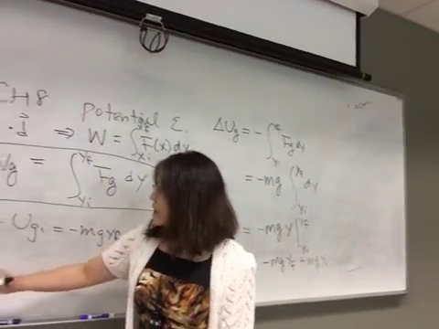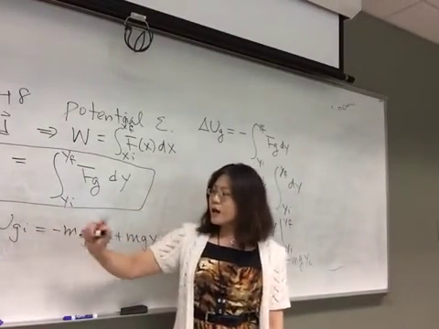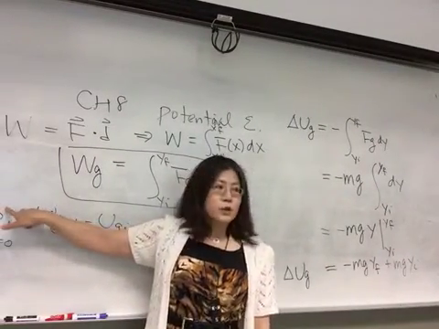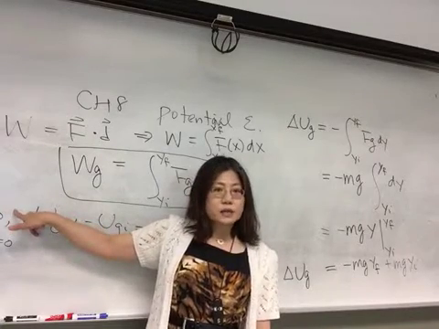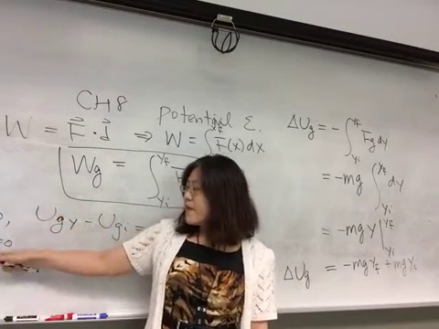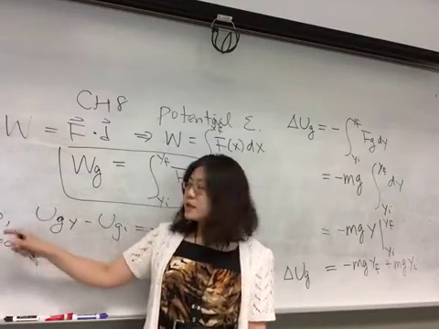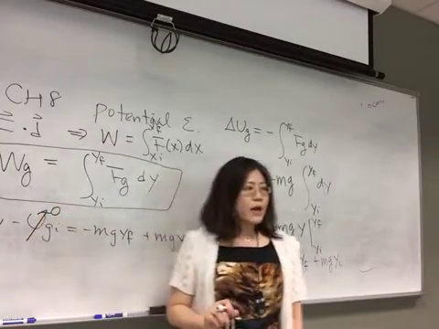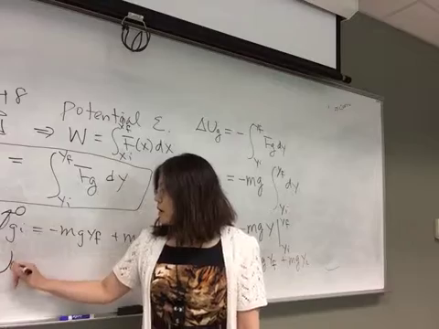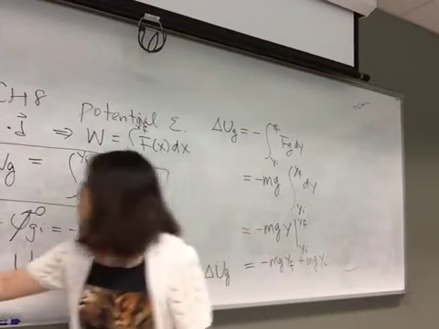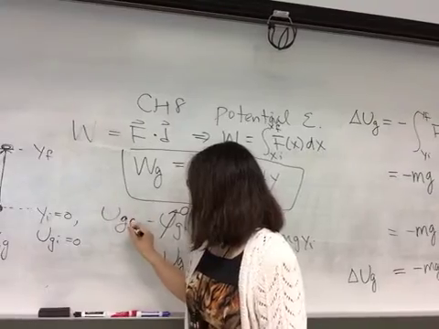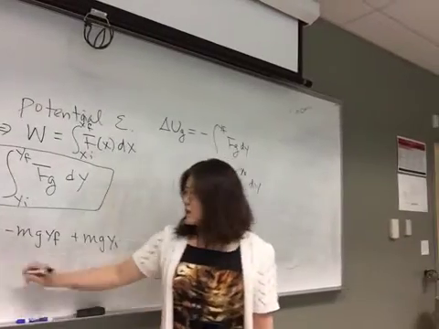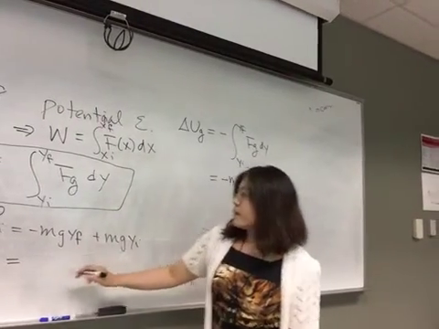Okay, so in this case, what we're going to do is plug in whatever information we have. If we define the starting point to be 0 location, 0 altitude, and the gravitational potential energy at that point is also 0, then this one goes away, right? So for your gravitational potential energy, we're going to drop the F here and just have the UG. So the expression for gravitational potential energy is equal to,